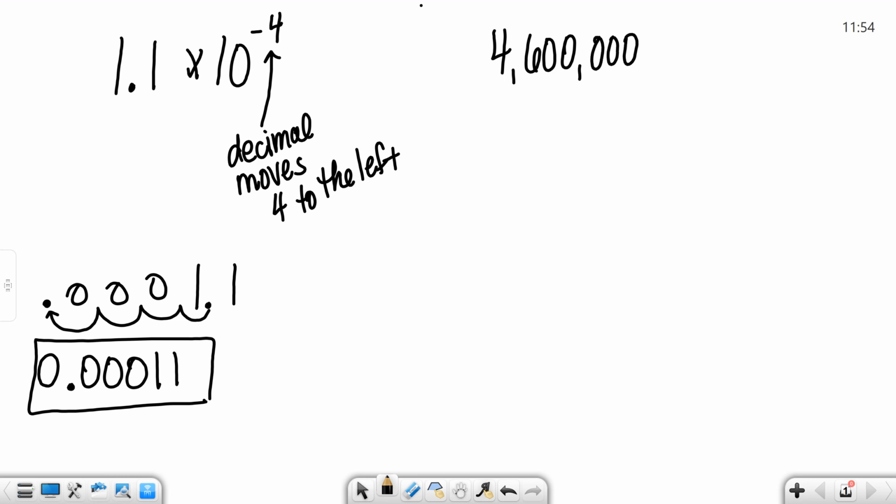So let's take this large number, 4,600,000, and we're going to write it in scientific notation. I abbreviated there a little. All right, so we're going to write 4,600,000 in scientific notation. Well, remember I told you that scientific notation is a times 10 to the n. And this a value has to be between 0